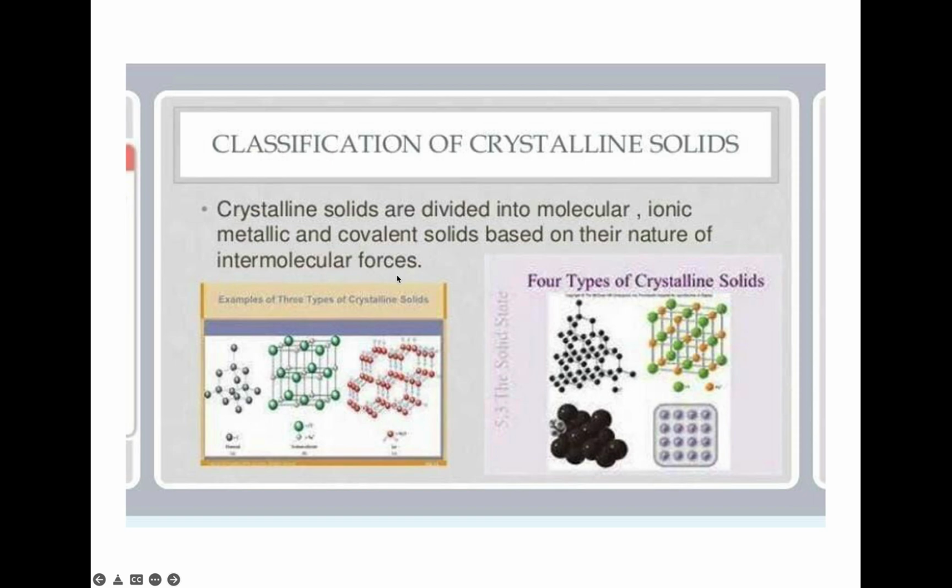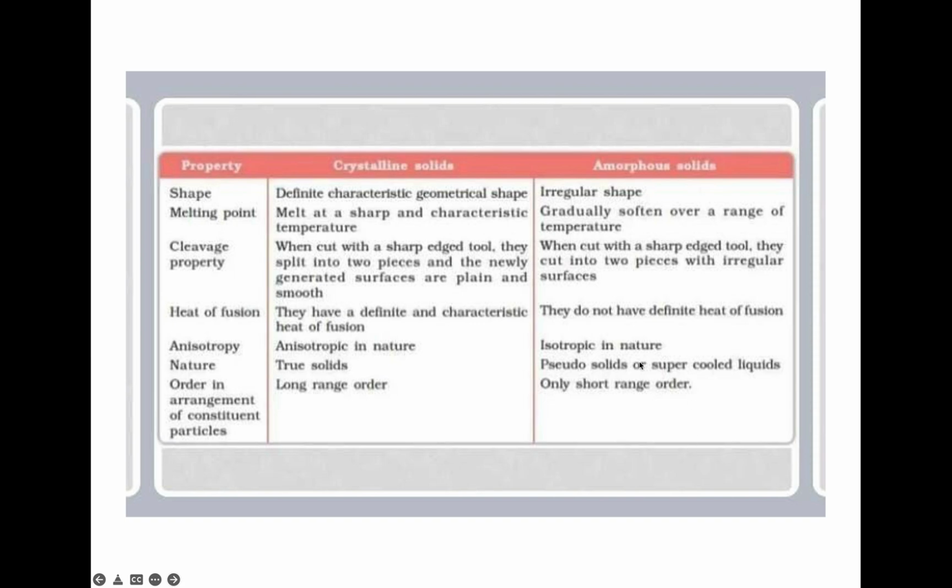Depending on the nature of the intermolecular forces, you can see the diagrams over here, and there are 4 types of crystalline solids in the figure. Now next you have to learn the property of each. Shape: crystalline solids have a definite geometrical shape, whereas amorphous solids are irregular. Melting point: crystalline solids melt at a sharp and characteristic temperature, whereas amorphous solids soften over a range